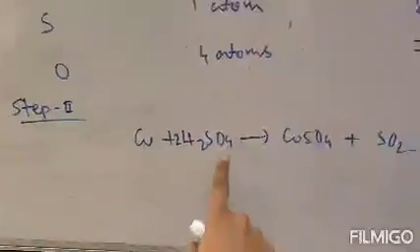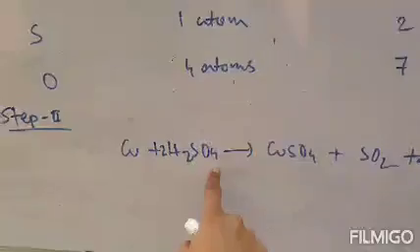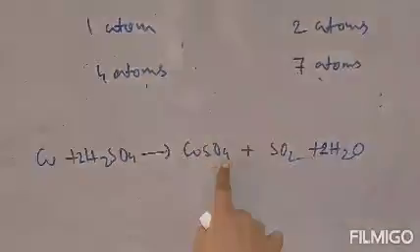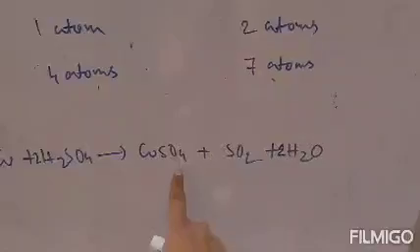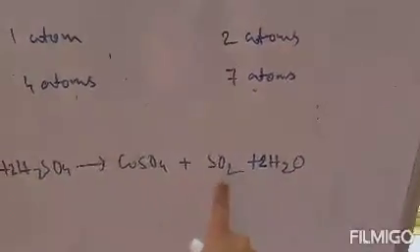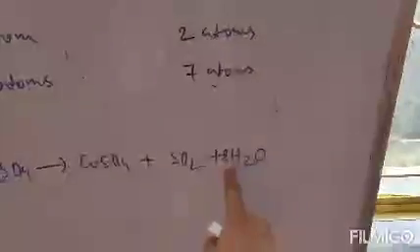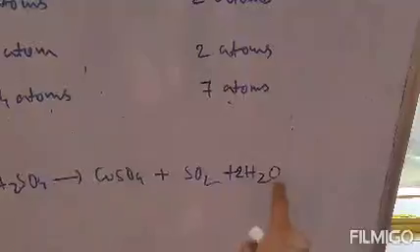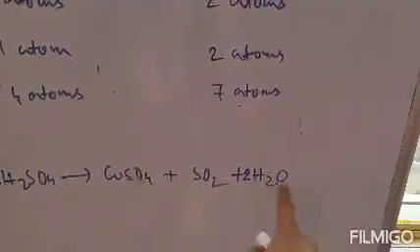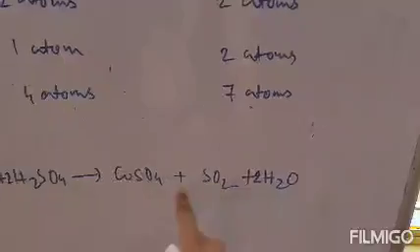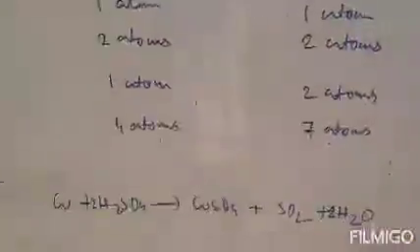Now count the number of oxygen atoms again. Oxygen here is 4, 2 4s are 8. Count the number of oxygen atoms here. 4 2s are 6, 6 2s are 8. Oxygen is already balanced, because there are 4 oxygen atoms, and 2 oxygen atoms here, 2O, and 2 here, so 2O. 2 2s are 4, 4 4s are 8. Therefore oxygen atom is balanced.